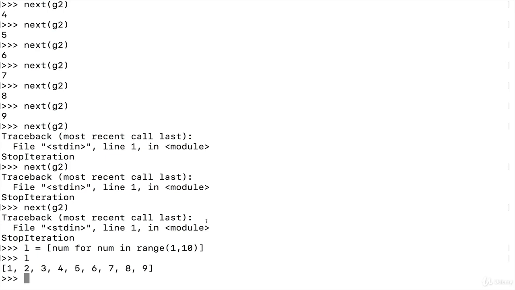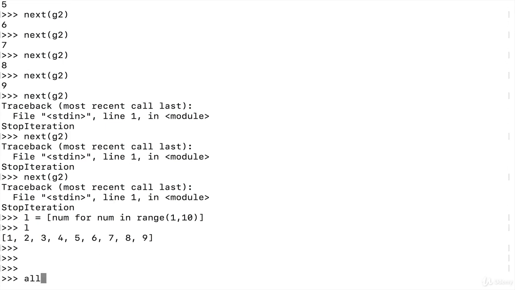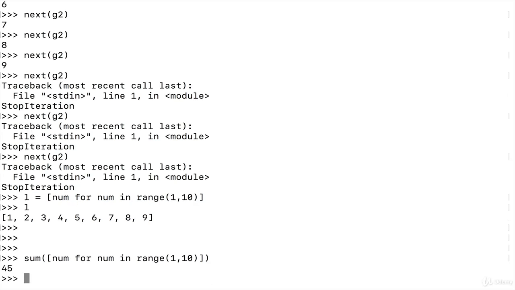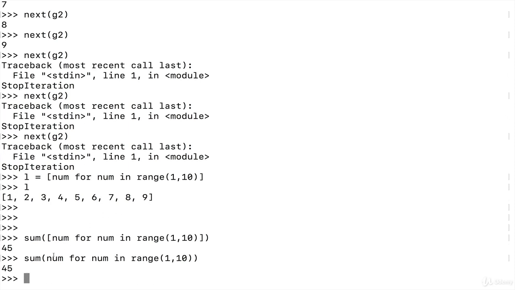But we can take advantage of this for things like, I think I showed you when we had sum. If I want to sum all of these numbers together, there's no reason that I necessarily have to put them in a list. So if I copy this, I could do that and I get 45, or I could do this and I also should get 45. But in this case, I'm using a generator expression and passing that in. And in this case, I'm using a list comprehension, which is giving me a big list. It's only 10 things long, but it's giving me a list. I'm passing that in. So there is a difference.